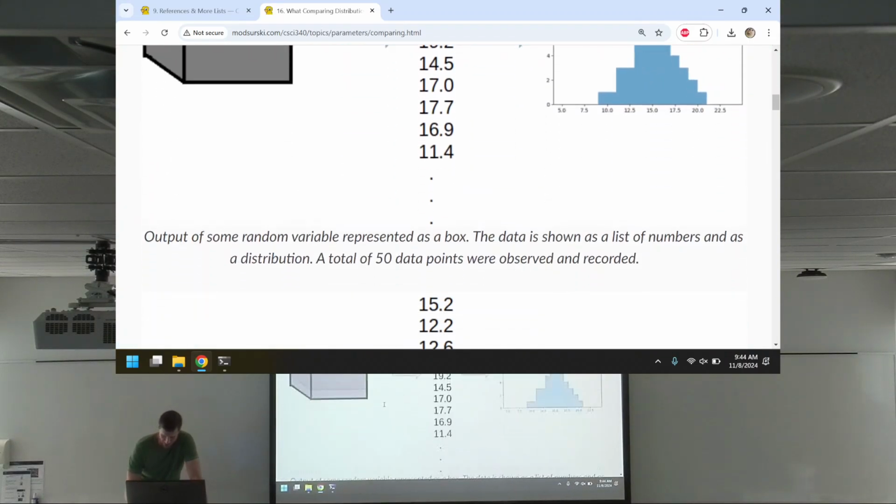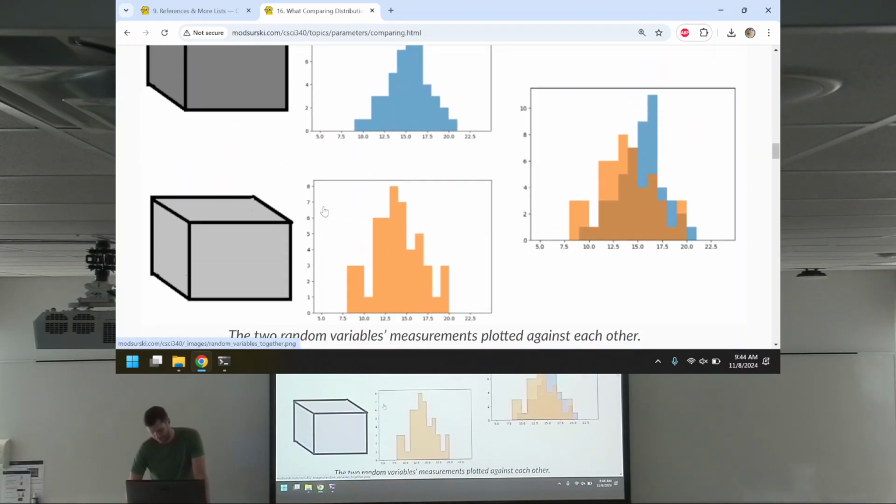What comparing distributions means. We were talking about how we have two random variables, they could be whatever, and I want to say, if I didn't know any better, what is the likelihood of the observations I was making? A lot of times when you're doing this type of analysis, you're always trying to answer the question, how surprised should I be, right? So if I'm counting the number of people that walk by,